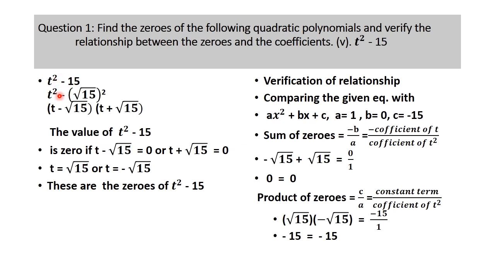So we will apply here the formula a square minus b square. A square, b square is root 15 whole square of this number, because the square will cancel out with the square root. So we will be left with 15. So this is a square minus under root 15 whole square. A square minus b square is a plus b into a minus b. So t minus under root 15, t plus under root 15.